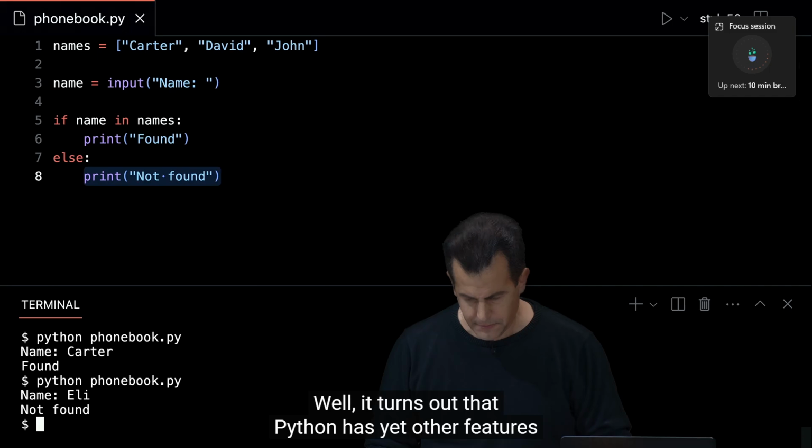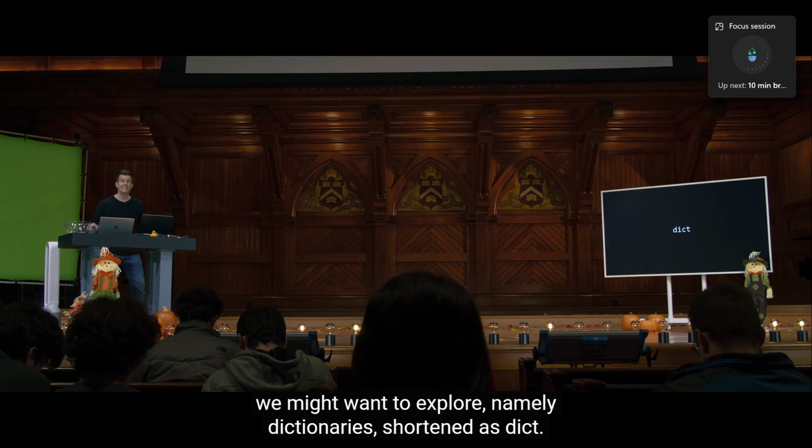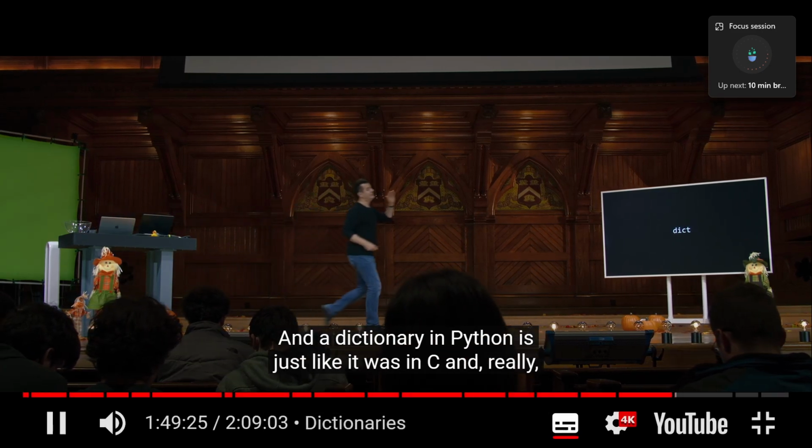Well, it turns out that Python has yet other features we might want to explore, namely dictionaries, shortened as dict. And a dictionary in Python